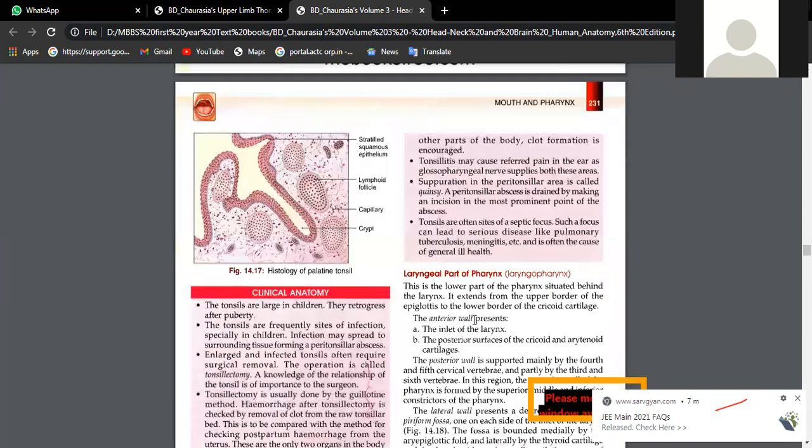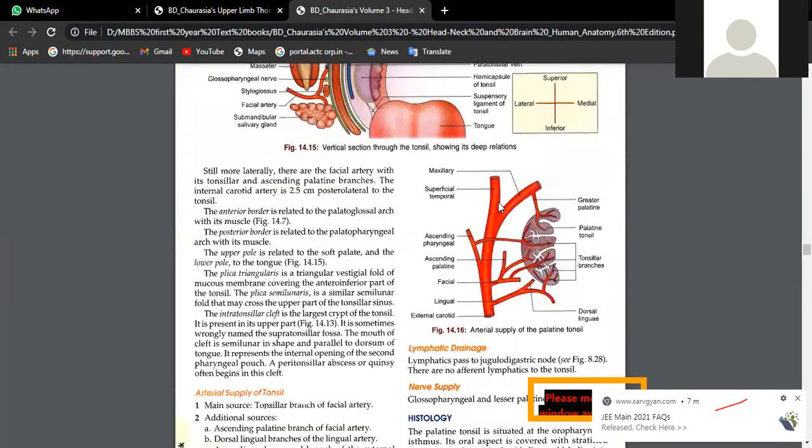Then blood supply, very good picture is there. Nearby blood vessels, whatever are there, they are all supplying the tonsil. Like this is external carotid artery. So we have pharyngeal arteries coming from lingual artery, facial artery, ascending pharyngeal artery, then maxillary artery. All of them will give pharyngeal branches. Okay, beta?